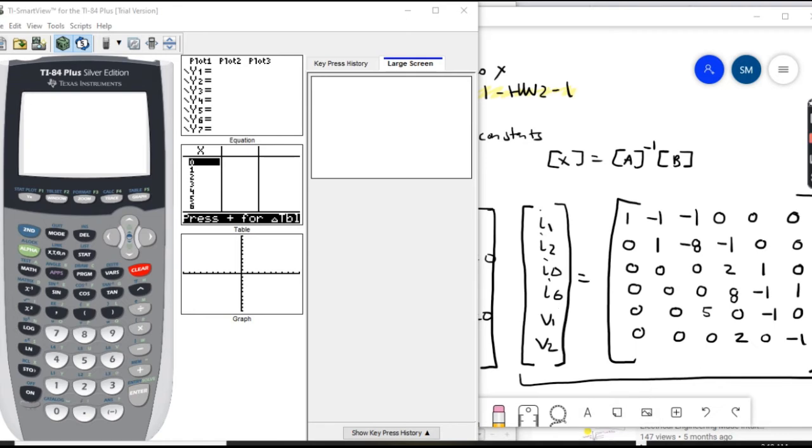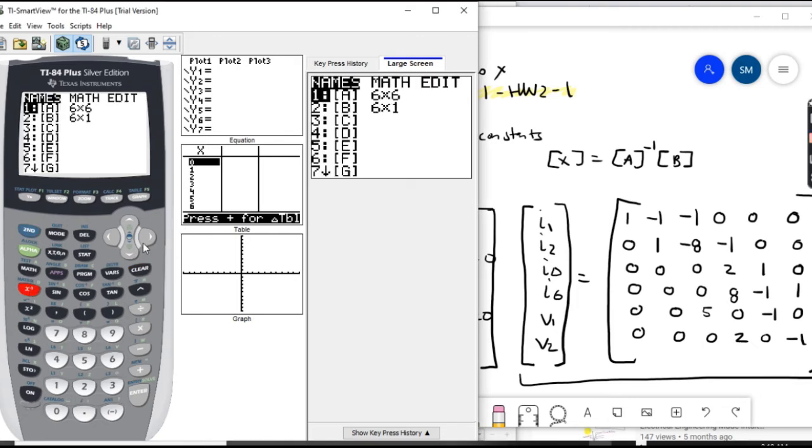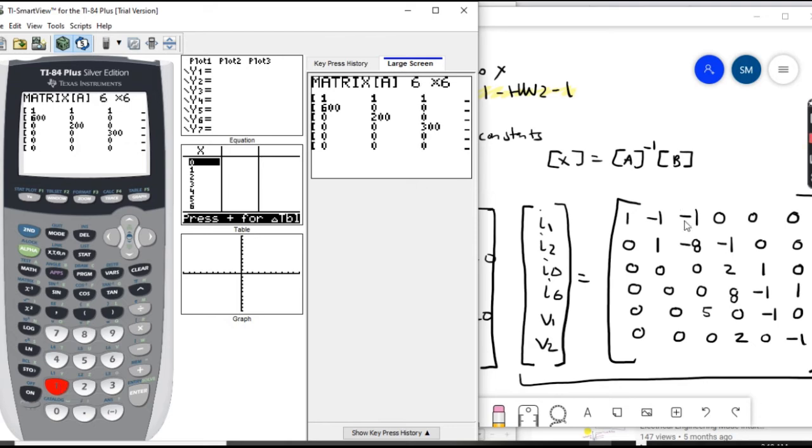So now that this matrix is created, I'm going to show you how to input this into the TI-84. First thing you have to do is hit second, hit the matrix key, tab over to edit, and then here I'm going to click the A matrix, and we have a 6 by 6 matrix, which I already have input here. And now I'm just going to go through and begin to input the same exact matrix into the calculator. So for the first row, we have a 1,